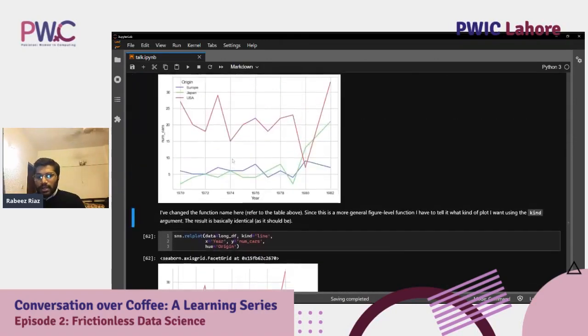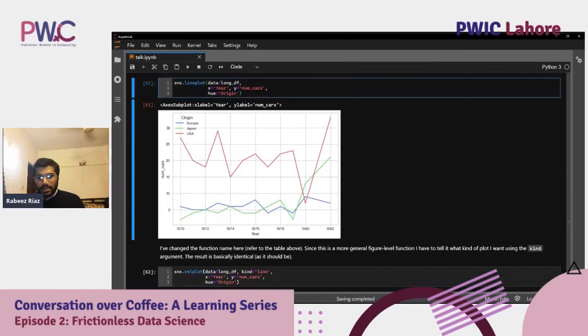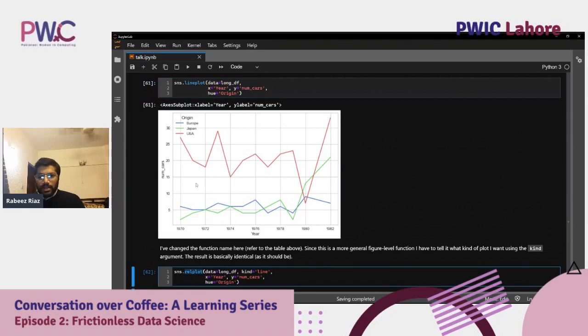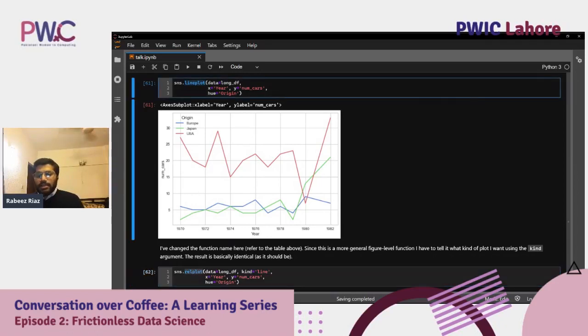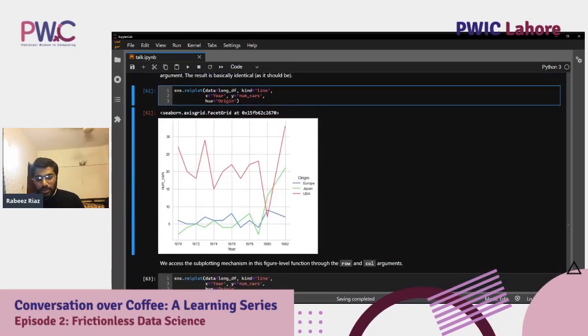Now, the only thing I've changed between this cell and the next one is I've changed the function. Instead of line plot, I am using rel plot, which is a relationship plot. And since now it doesn't know what kind of relationship it is, I'm telling it that I want a line. This is a figure level function for line plot. If you go back and look at the table, you will see what I mean. Now, visually, this plot is exactly the same, almost,